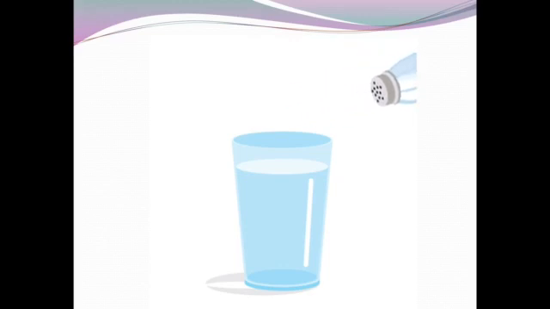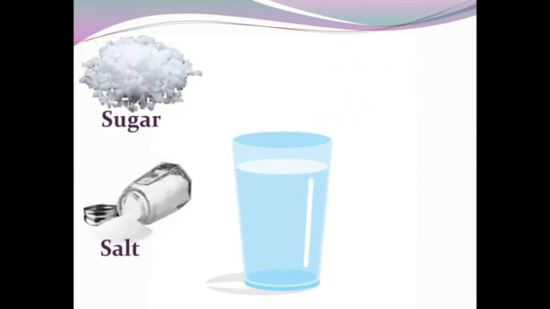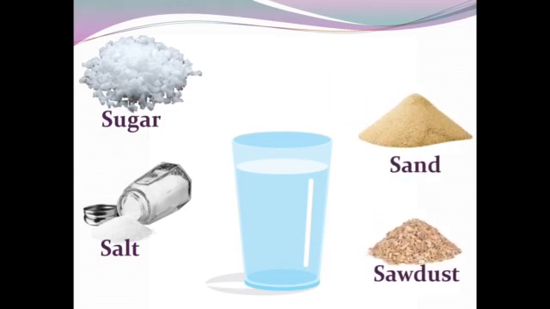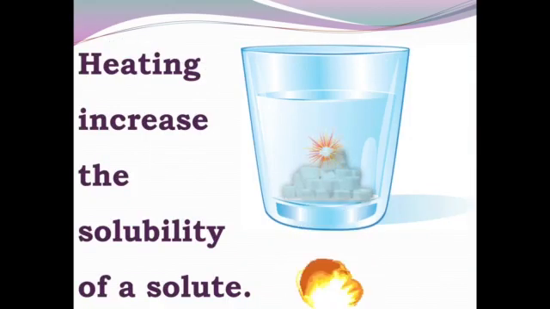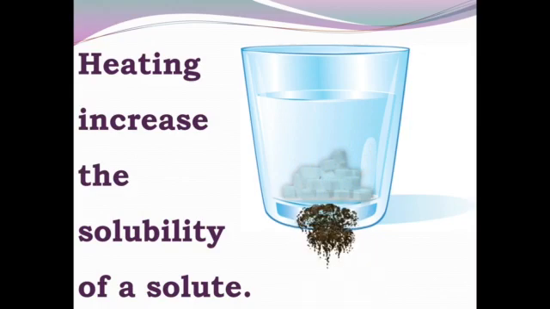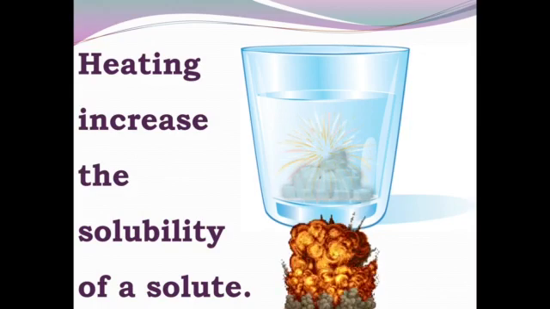We already know that not all substances dissolve in water, right? In the previous chapter, yes, some substances like salt and sugar dissolve in water and are known as soluble substances. But some substances like sawdust and sand do not dissolve in water and are known as insoluble substances. A saturated solution is the solution in which no more solute can be dissolved. Right? A saturated solution is such a solution in which no more solute can be dissolved.